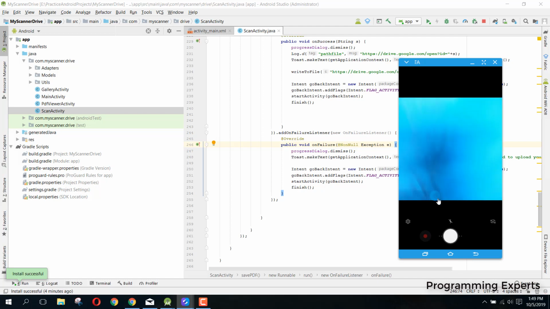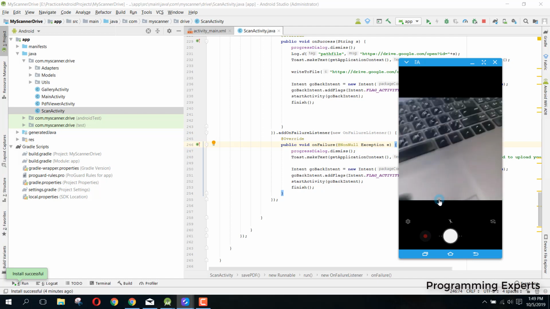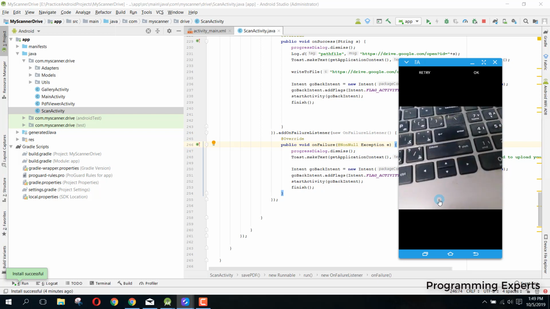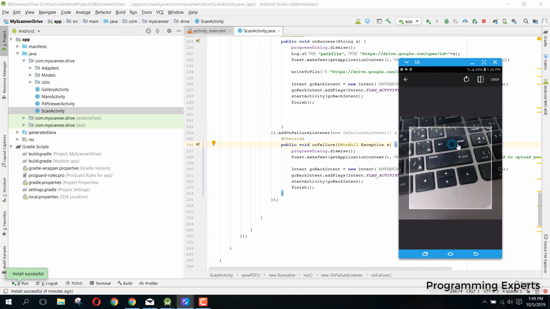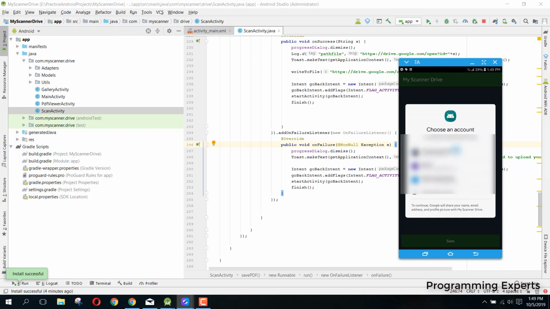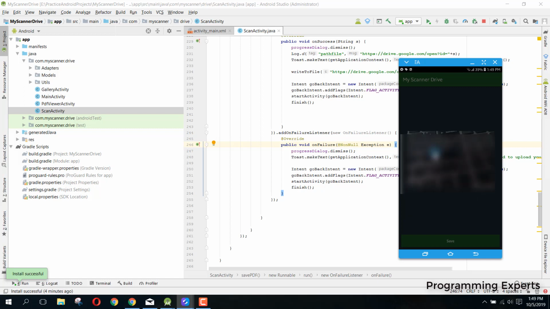So now the camera is here. Let me just capture an image, and we will select this image, and there you can see we have the option to crop this image. So what we can do, let me crop it, and we click on crop, and here it will ask me for my Gmail account, and there if I select this,